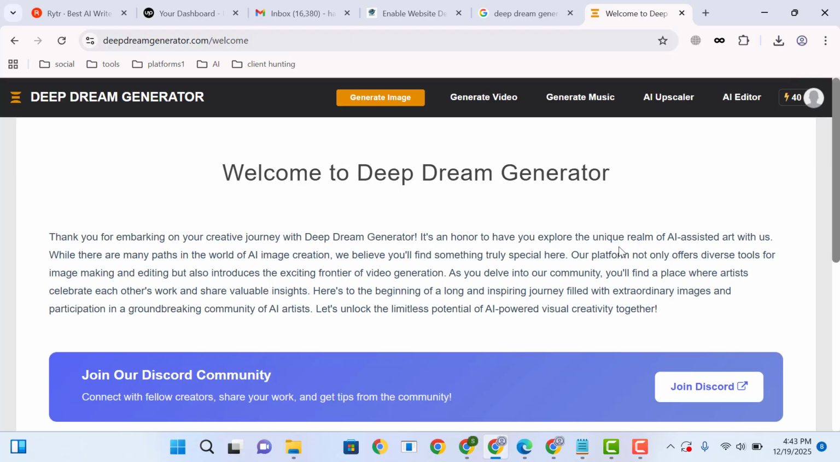Now the account is created. On the top here you can see you can generate image, video, music, and you can upscale your images. So that means you can improve your image quality as well as you can edit any of your content. So the first option, let me click here,